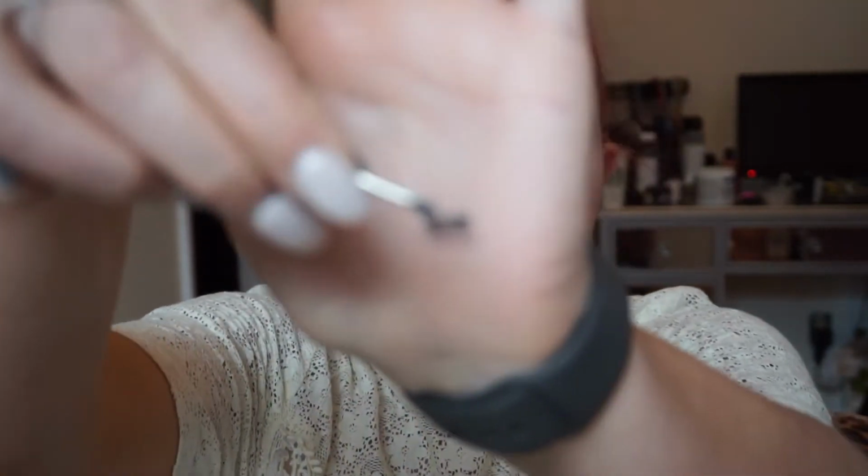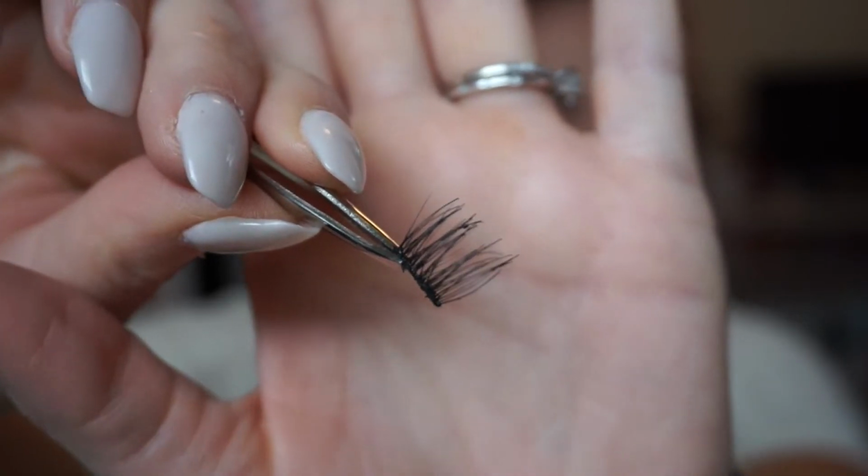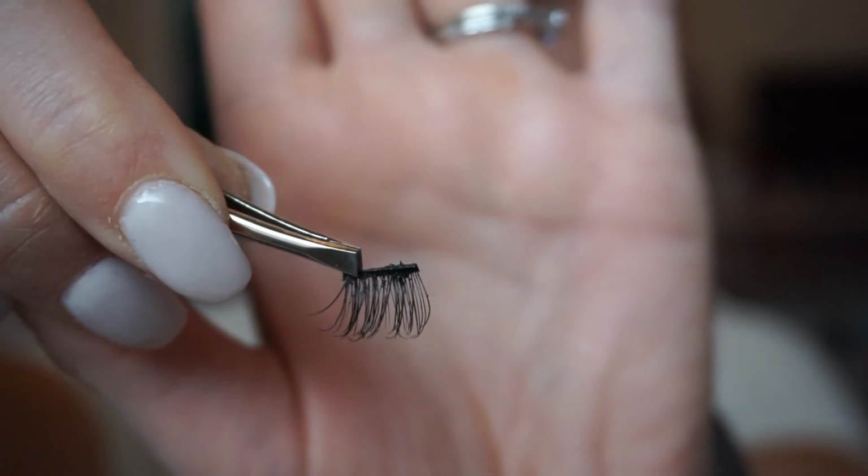So I'll show you real quick, and then I'll go off camera and do it and come back on. But you can see they're just these little bitty lashes. It looks like this right here. Put the glue on as you usually would, and then you can either stick it on the outside or the inside. You can do them all the way across if you want. A good dupe for these would be the Ardell individual lashes. They don't necessarily have to be Ardell. You can do any individual lashes, but that'll help you customize